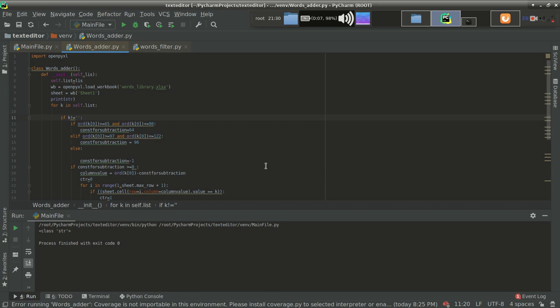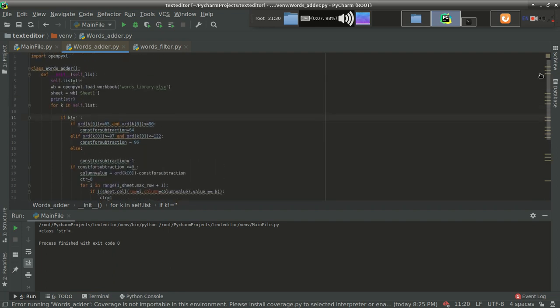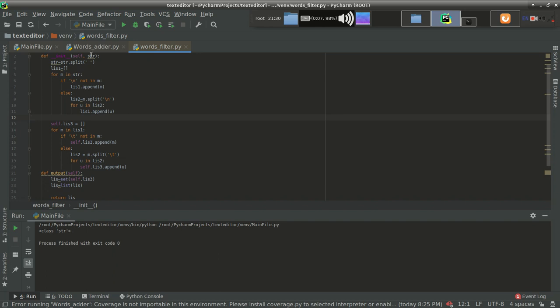So hence in this way, using the words editor class, we can add words to an Excel file. Next time, during the word suggestion technique, these words will be fetched. I'll show you how also, no problem. But right now we are able to add words during save, so that's fine. We are able to maintain our own word setter files, and words filter is also working well, no problem.